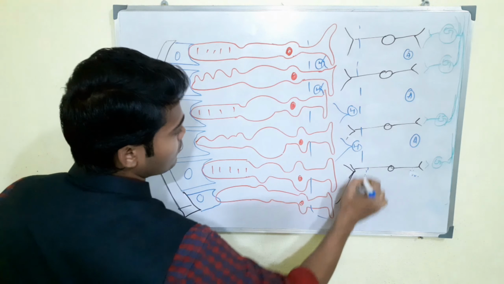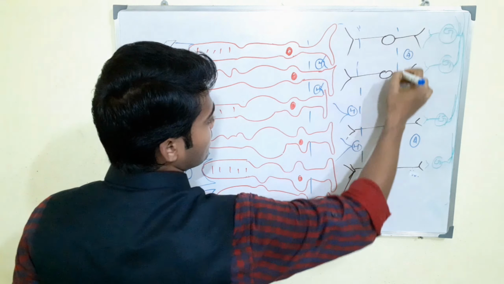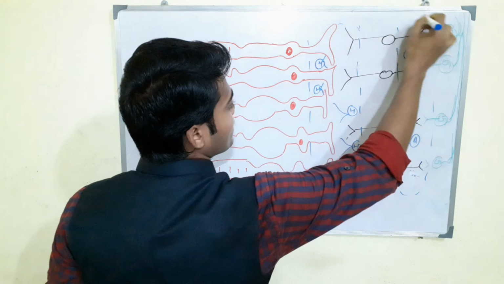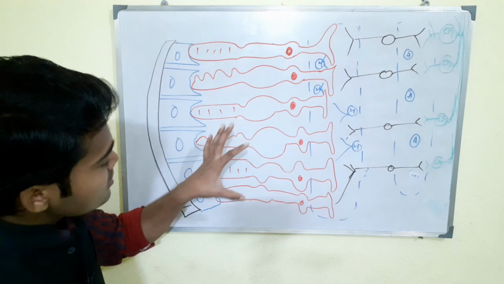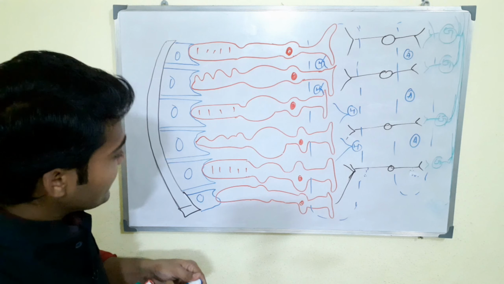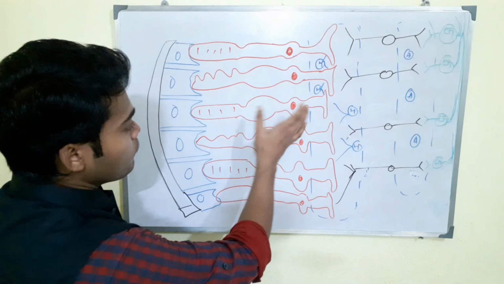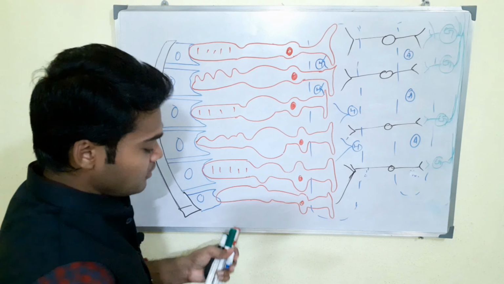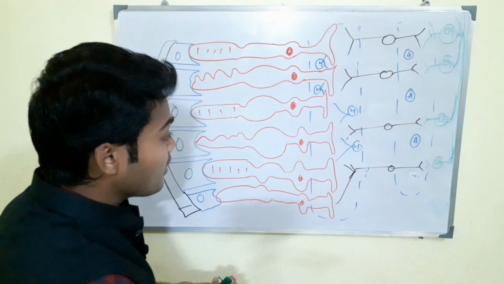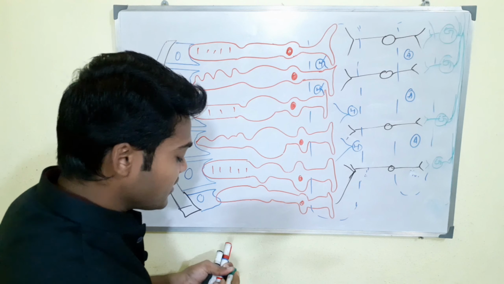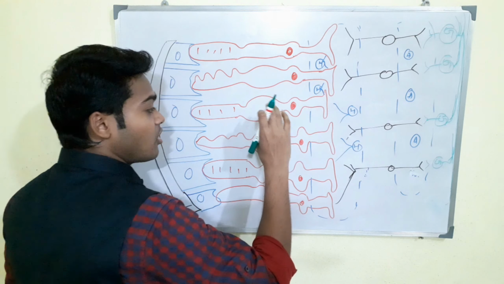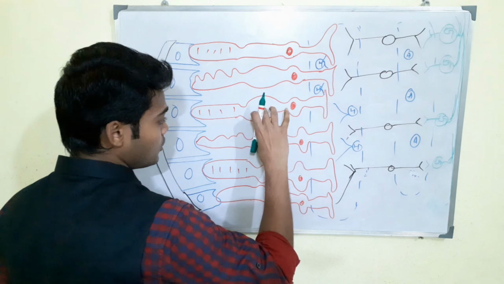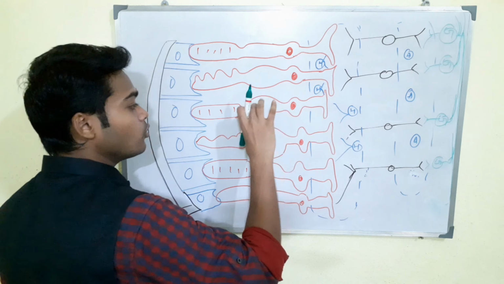Just draw, this is also a layer, right? This is also a layer. Just tell me one thing: if the retina is present inside the eye in this form, it might be possible that they get jumbled with each other. So to prevent the jumbling, there is another cell present inside the eye which helps the rod cells maintain their own position.